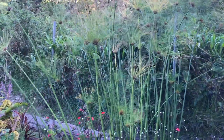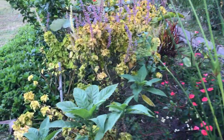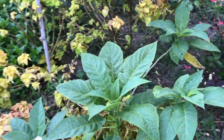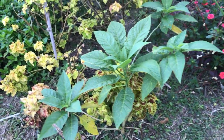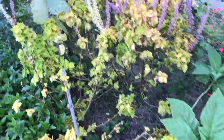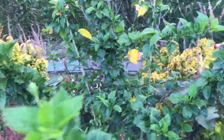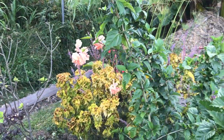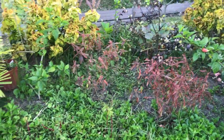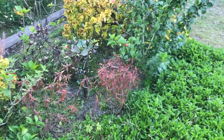I love the papyrus. It's doing pretty well. I do have to water it because it likes to have a lot of water. I planted another one of those little angel trumpet trees, and that's very happy there. These hibiscus have been very happy here. Some stuff is touch and go in here. You know, there are these bare spots,